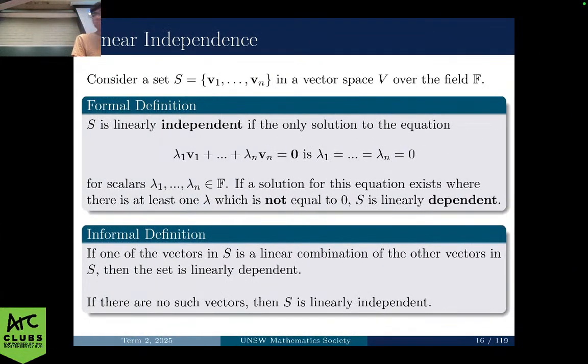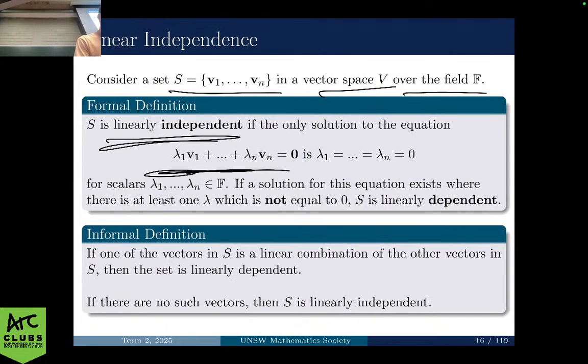And then we're on to linear independence. So you can see a very similar equation, but we're using it in a different context this time. So again, considering a set S, which is vectors v1 to vn, in a vector space V over the field F. S, we say, is linearly independent, so the set of vectors is linearly independent, if the equation lambda 1 v1